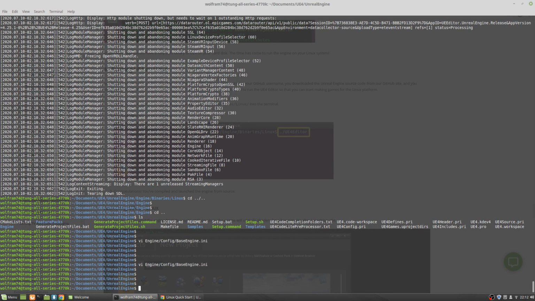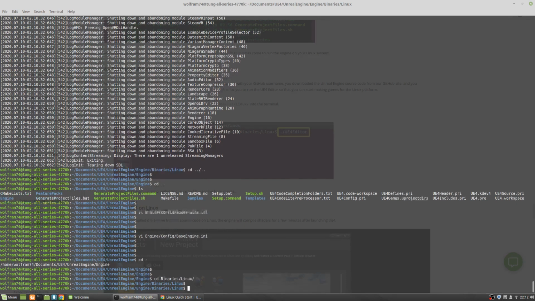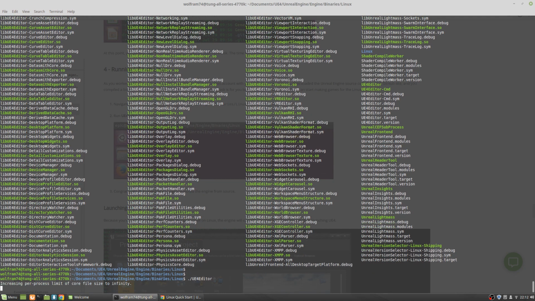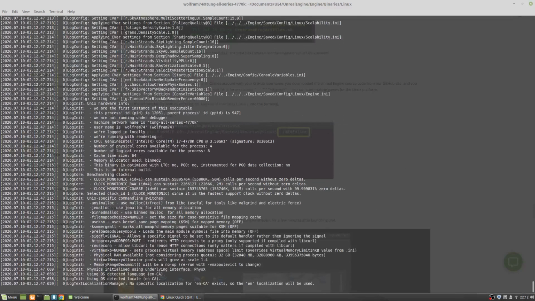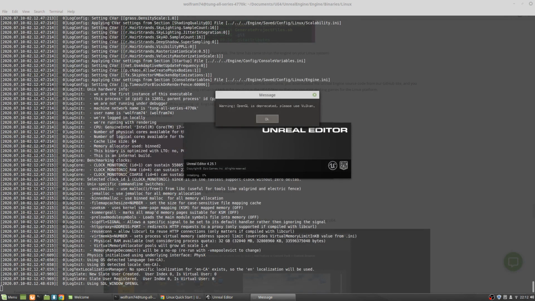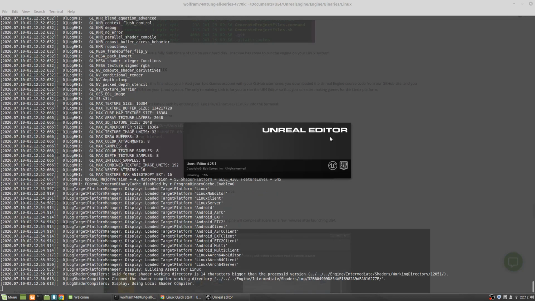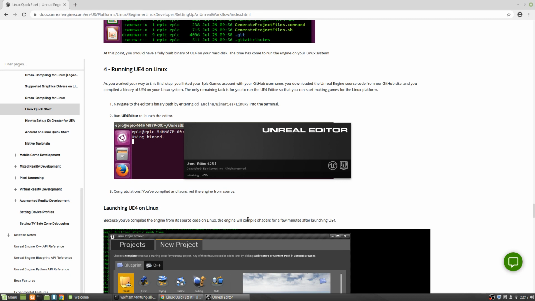And this time I'm gonna run the same binary for Linux as before. And fortunately for us, this time, I'll just give it a sec. But I'm pretty sure I've done this several times now, and there you can see that it just gives this warning, which you can just say okay. But this time around, the editor comes up, and that's great because that's basically what we were setting out to do in the video.